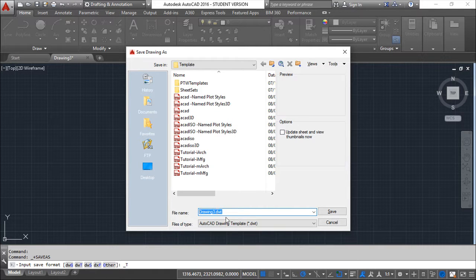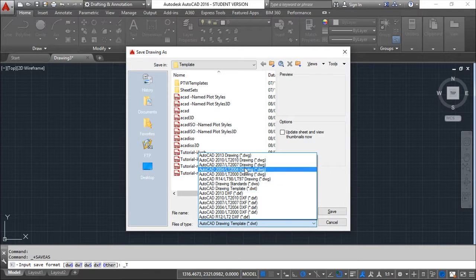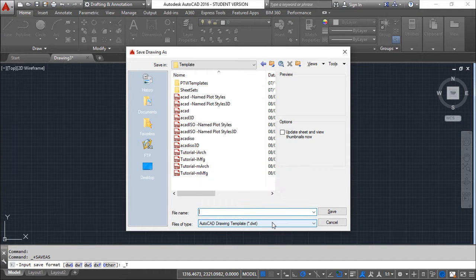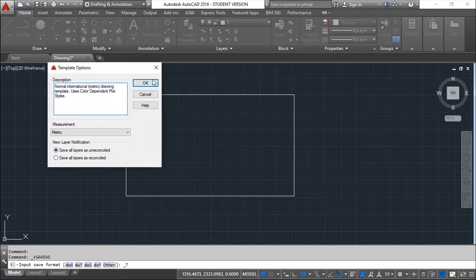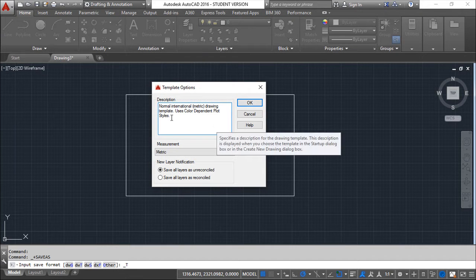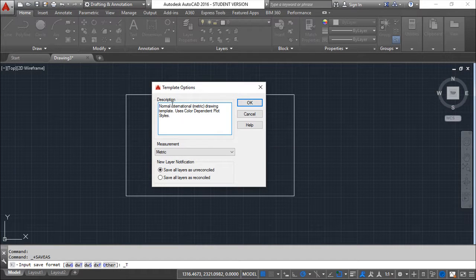Okay, I will leave this. If for some reason you don't have the template defined here, you can open this dialog box and choose the template. Okay, it was already done. I will call it Drawing3, as it was. So do the save, and now I get a new dialog box where I can put a little description